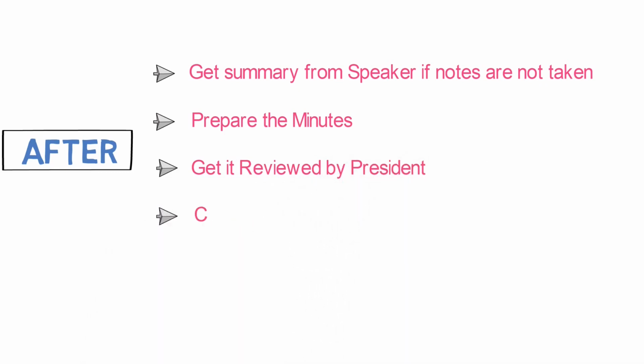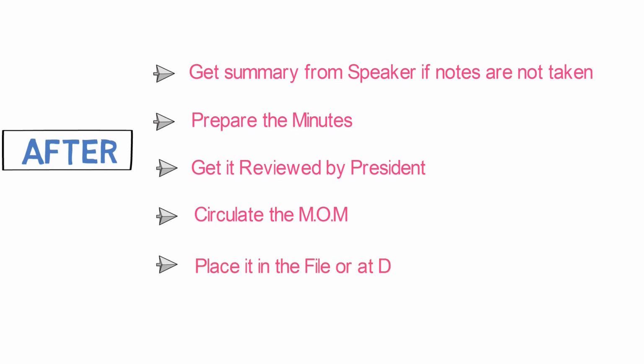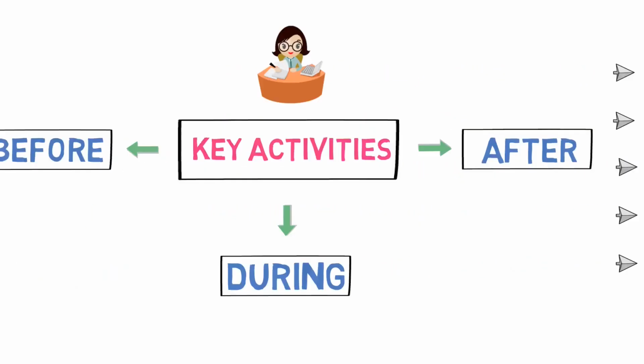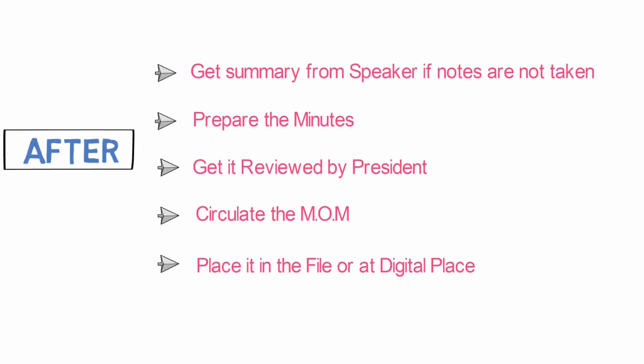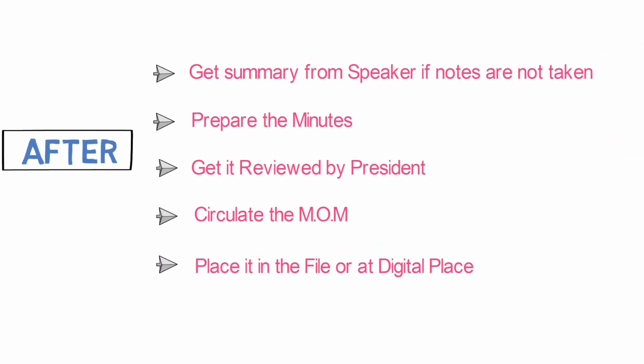Number 4, circulate the M.O.M to all the invitees, including those who were absent but invited. And number 5, place it in the file or any digital place for future reference and record purposes. Now that we have understood the key activities that need to be done before the meeting, during the meeting, and after the meeting by a secretary, let's look into the format of